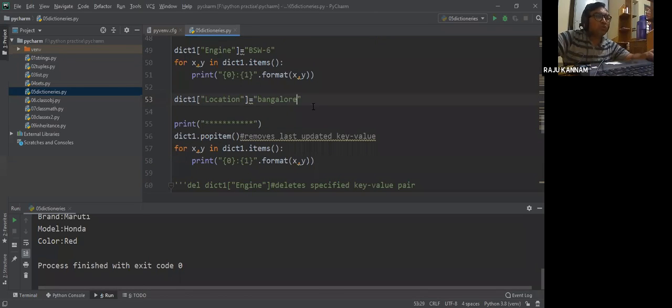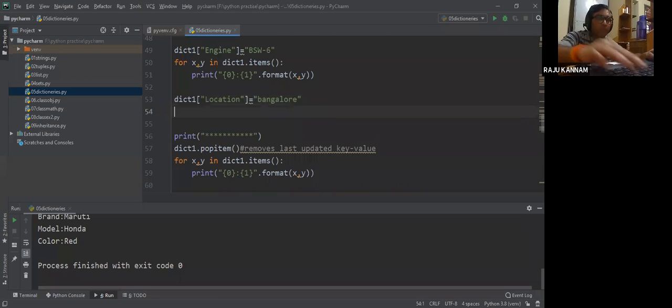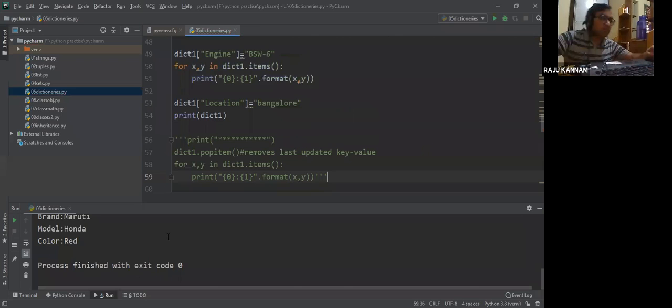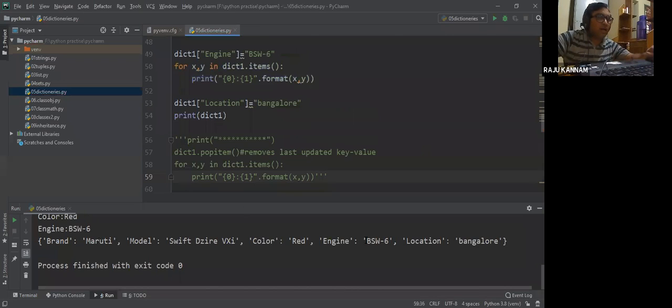Now if you print dict1, I'll comment out this. Now see here, we have added the last item called location. Its key name is location and value is Bangalore.